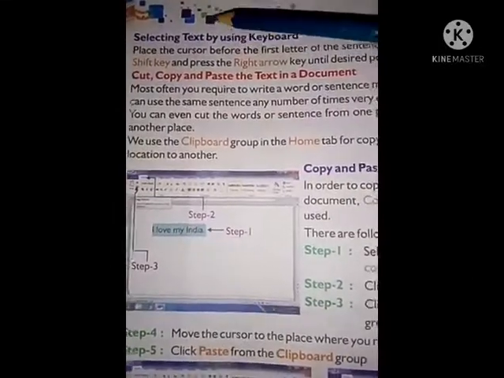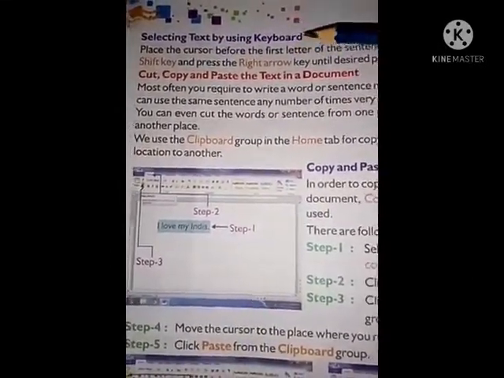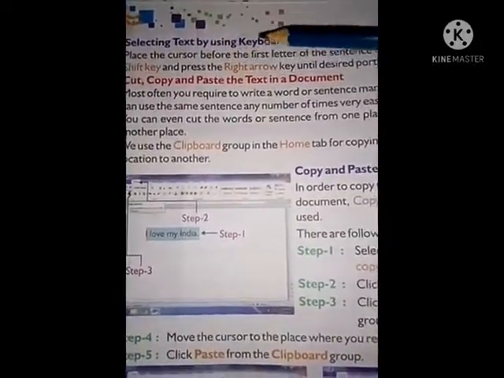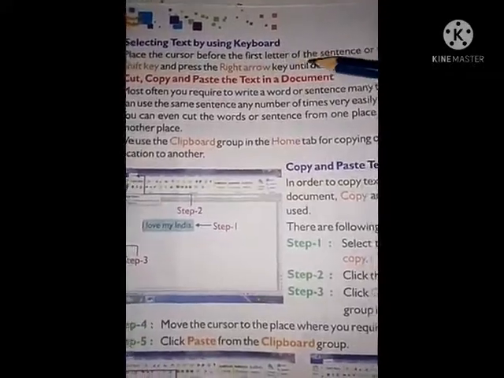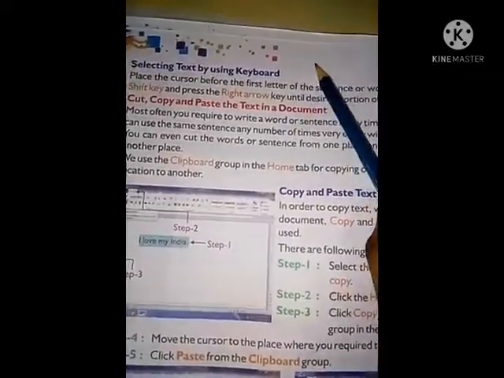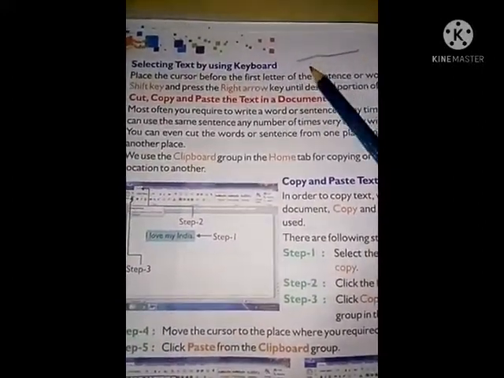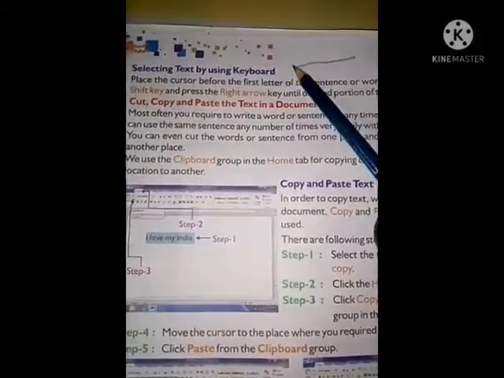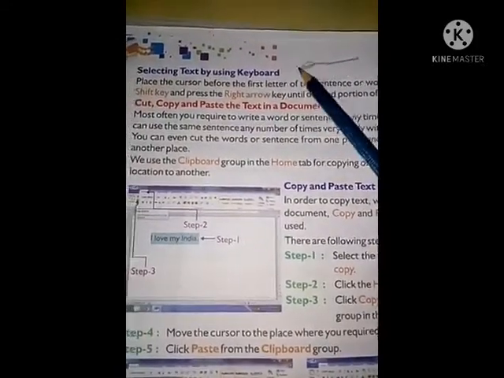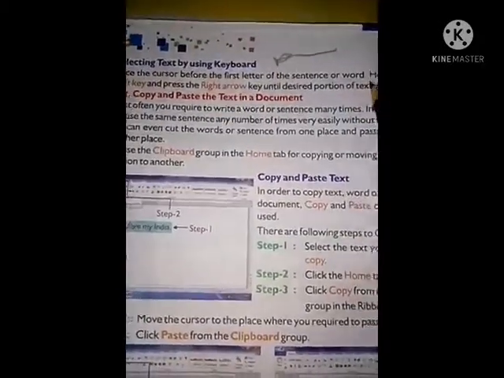See? Selecting text by using keyboard. How can we select text by using the keyboard? Place the cursor before the first letter of the sentence or word. Suppose this is the first letter, you have to place the cursor before this first letter, okay?